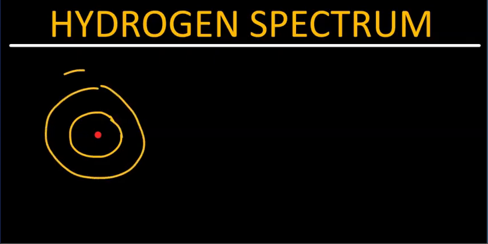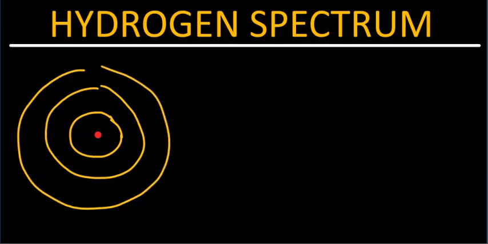In this video, we shall discuss hydrogen spectrum. We know from our previous video that if you have a hydrogen atom represented by a schematic diagram like this, with a bunch of orbits, and this is the proton, the energy of an electron occupying, let's say, the nth orbit is given by the